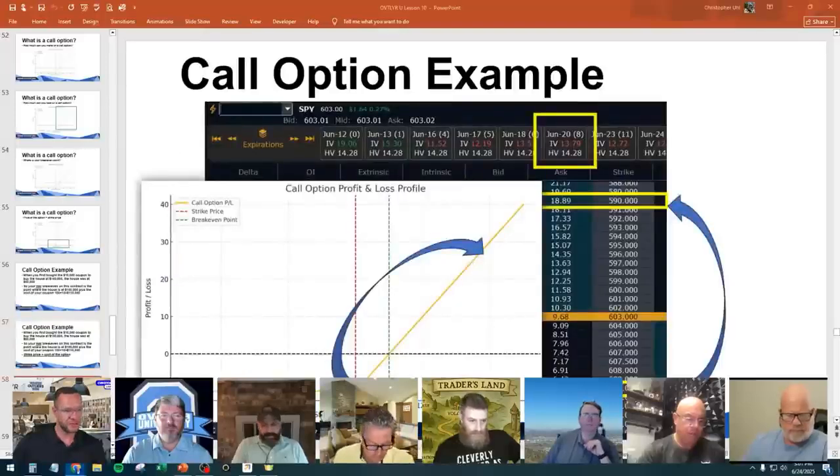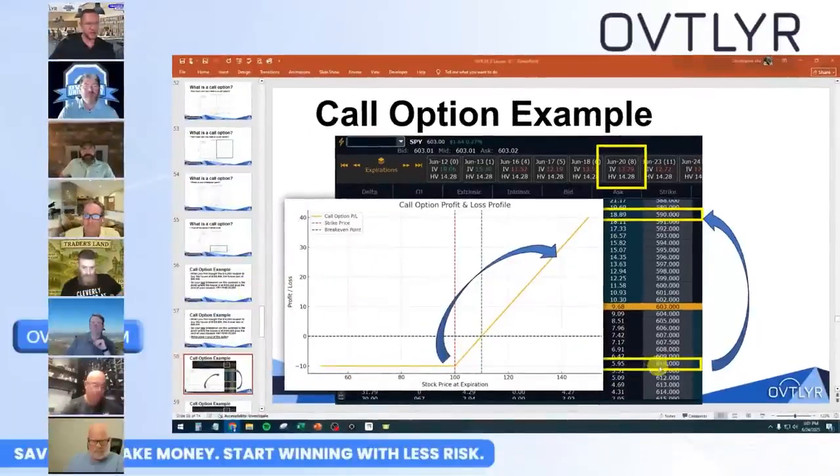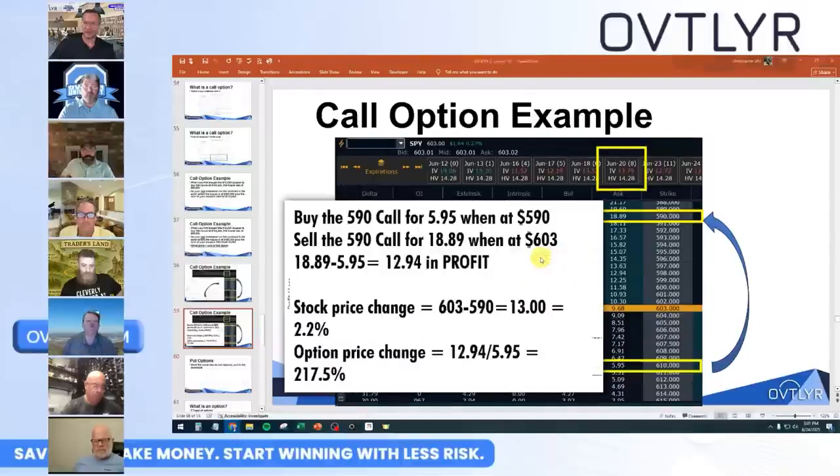That's what I want to get across here. Now, a call option example. So this is it going in the money, right? So this strike went into the money. So imagine that the 510 was out here, out of the money. And then it moved and it moved and it moved. And now the 510 is deep in the money. That would be it going from out here having no value to over here having value. So let's take this a little bit deeper. Imagine this was the 590 at one point in time. Now the price went up and the 590 is in the money.